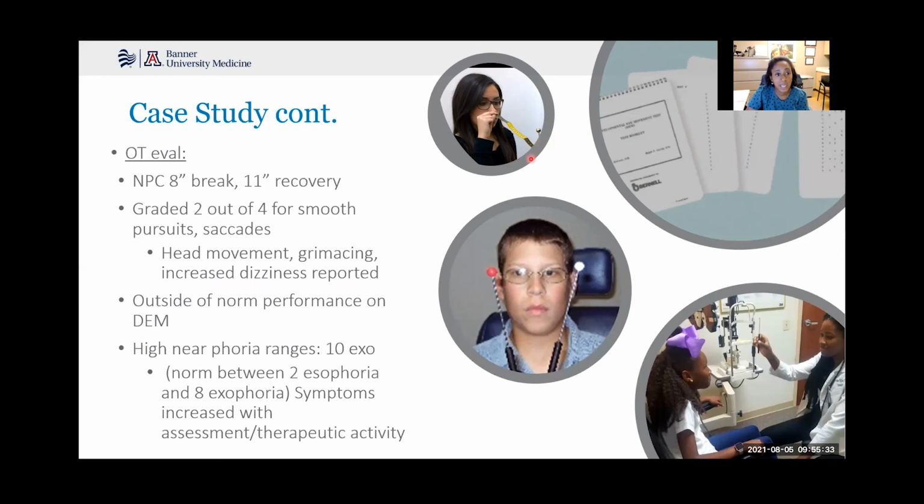Looking at her smooth and saccadic eye movements, I graded her 2 out of 4, which is kind of poor performance there. There was notable head movement, grimacing, and dizziness reported. She oftentimes averted the task as we were doing it and needed a lot of opportunities for refixation